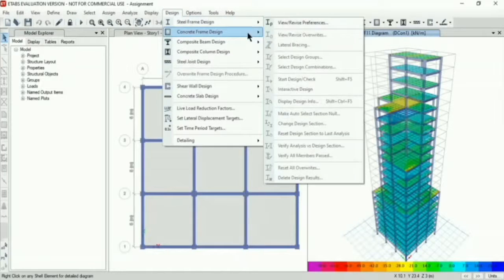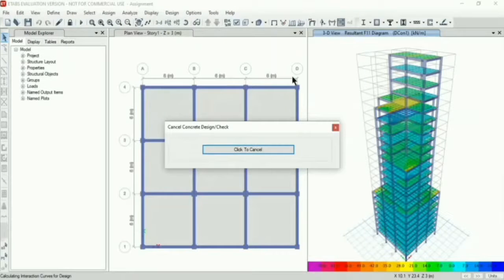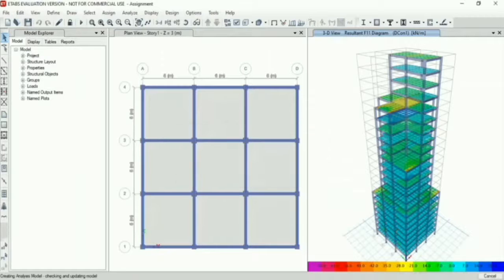Now start the design. So a few members fail, we will press yes, and ETABS will select the members of higher size.